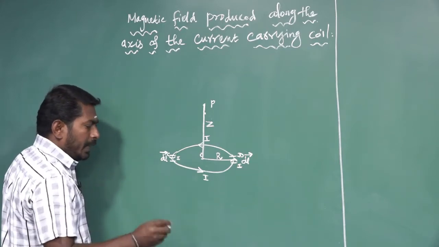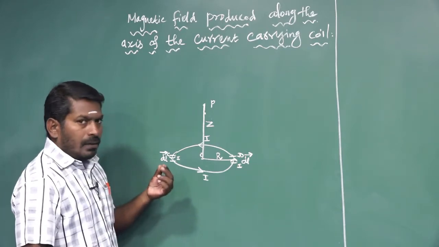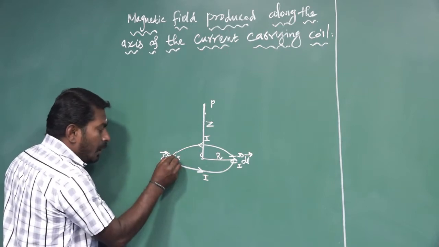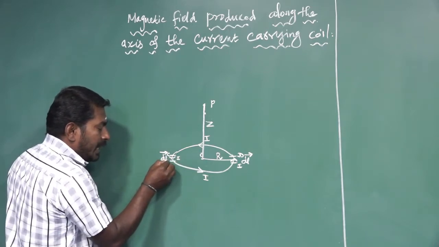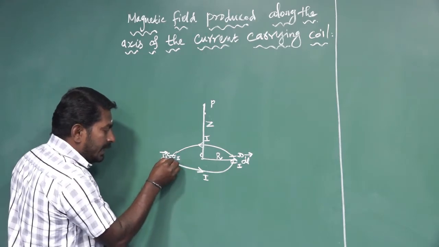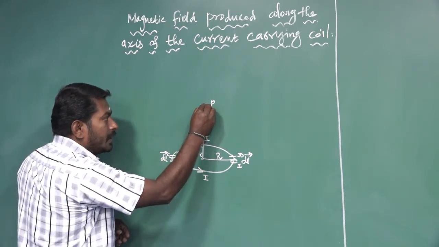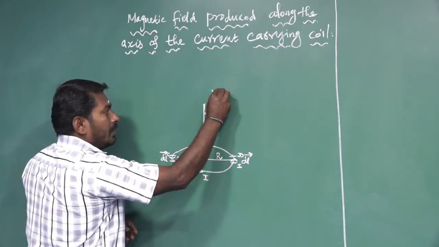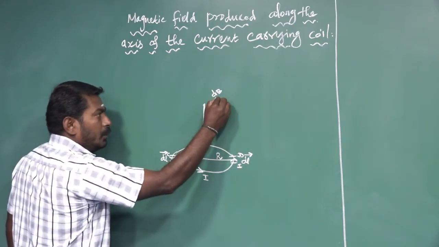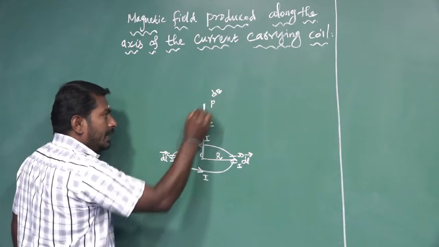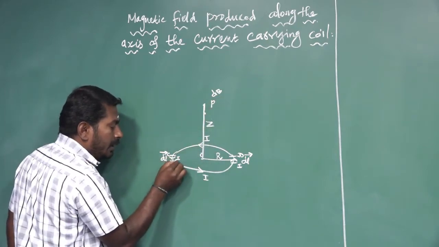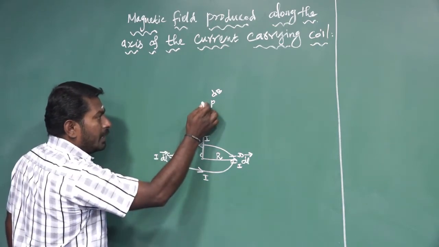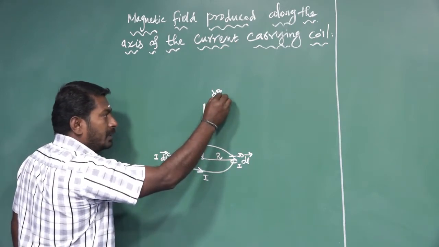We know the Biot-Savart law: a conductor carrying a steady current I produces a magnetic field around it. See this small current element, which carries a current I and has length dl. This element produces magnetic induction at this point P. That magnetic induction is dB. I am writing dB to mean the magnetic induction at point P due to the small current element. That current element is I dl, and it produces magnetic induction at point P represented by the notation dB.